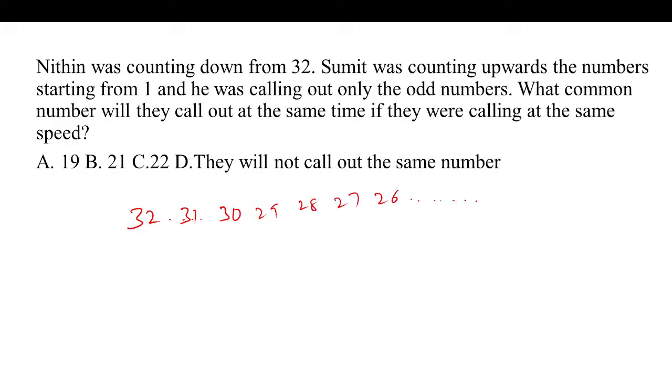Sumit was counting upward numbers starting from 1, and he was calling out only odd numbers, nothing but 1, 3, 5,